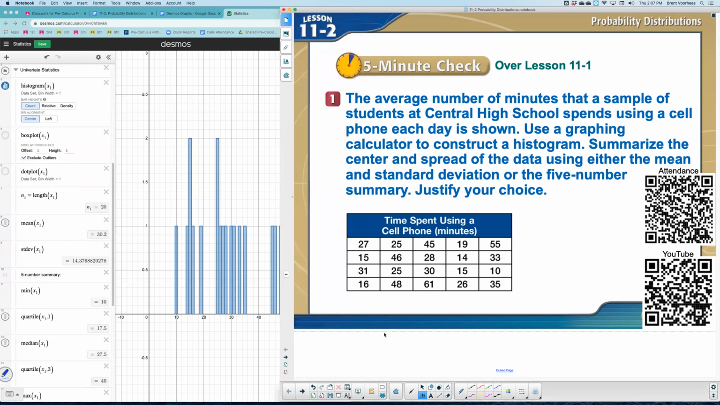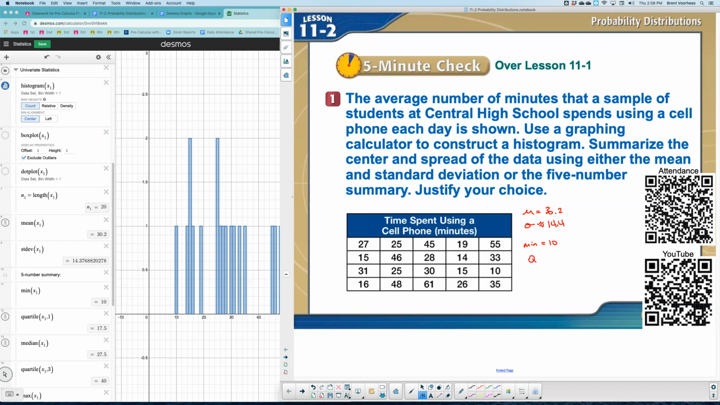So on this problem, let me write down our values here. The mean, which is the symbol mu, the Greek letter mu, is approximately 30.2. The standard deviation, which would be sigma here, is 14.4. This one's rounded, so approximately 14.4. And then our 5-number summary here. We have a minimum of 10,